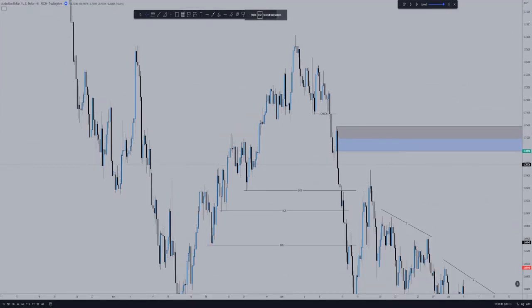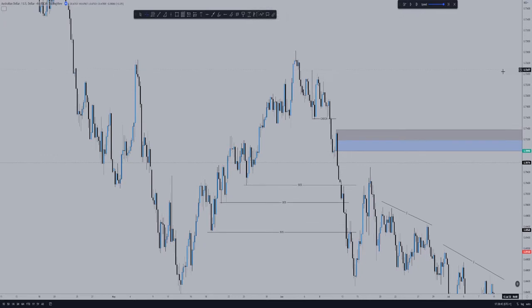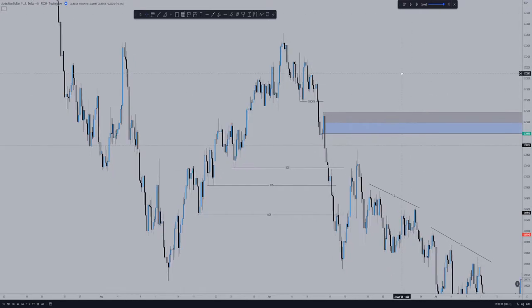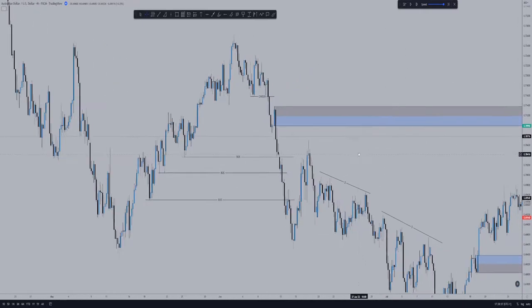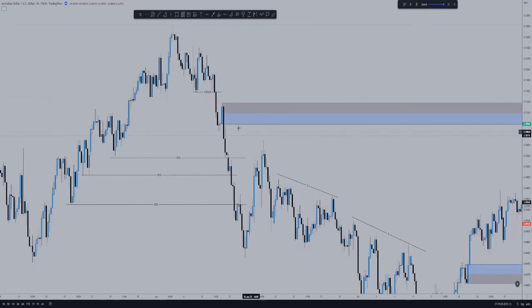Okay, so this is a 4 hour chart and it's a bit of an ITC concept trade that I've just back tested. So all credibility goes to ITC mentorship, but basically start off here and we've had a change of character and then drop down into this supply zone here, which is created after this bullish order block candle